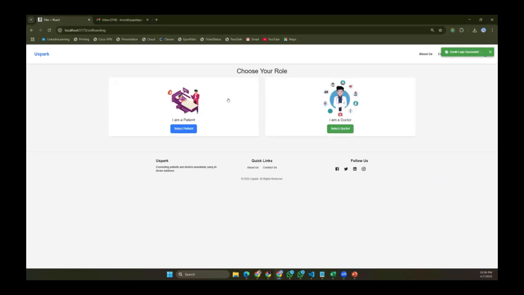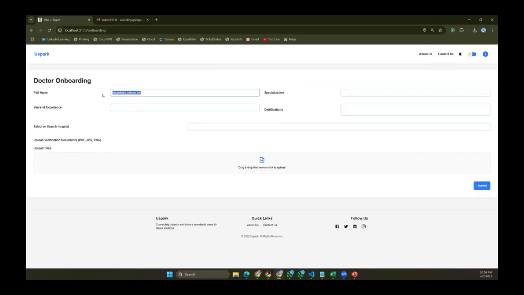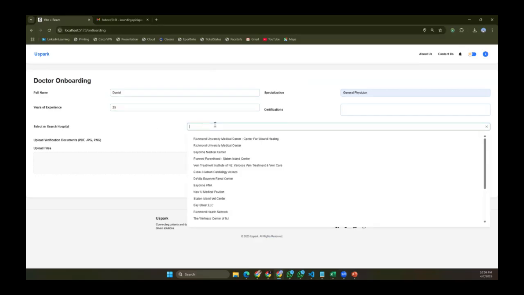So you can sign in with Google first, and then if you want to update your details, you can select, I'll select as a doctor myself. Let's take Daniel as the name of the doctor, and the specialization would be general physician, and the years of experience, let's take 25 years. Let's leave the certification part as it is, and we can select the list of doctors which are nearby so that we can know the exact location of where that particular doctor is actually working. If they have their own clinics, then they can prefer other, and then they can provide the location. And for now, I'll take the Bayonne one,